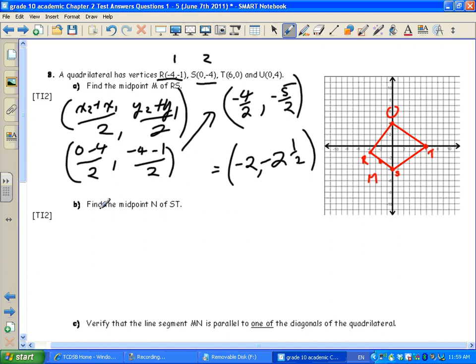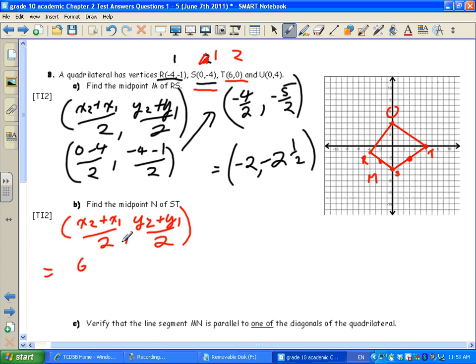It says find the midpoint N of ST. So we're looking for another midpoint here. And it's between these 2 points, S and T. So do this one in red. S and T, same formula. We're going to call point S 1 and point T 2. So x2 is 6, x1 is -4,